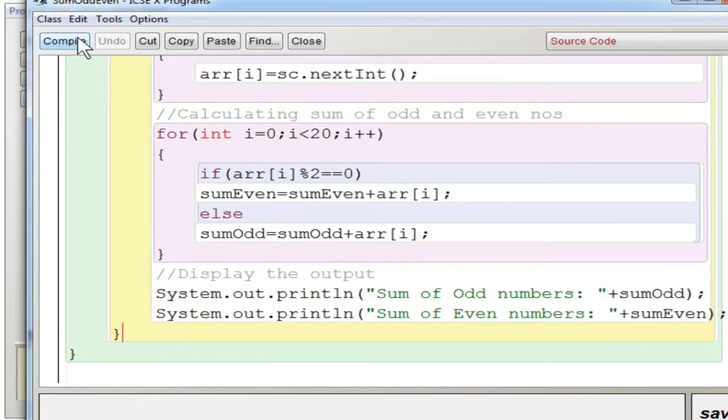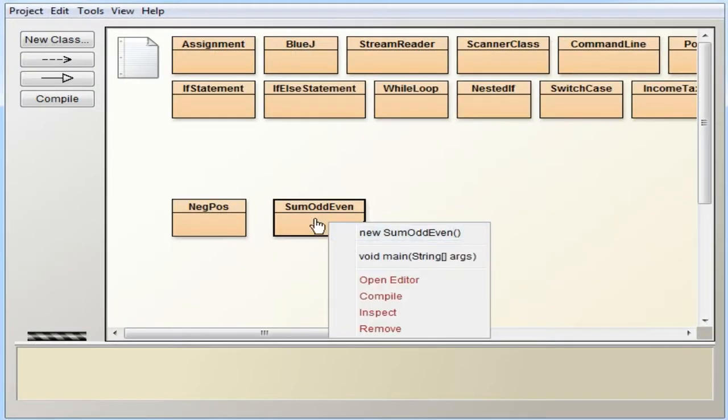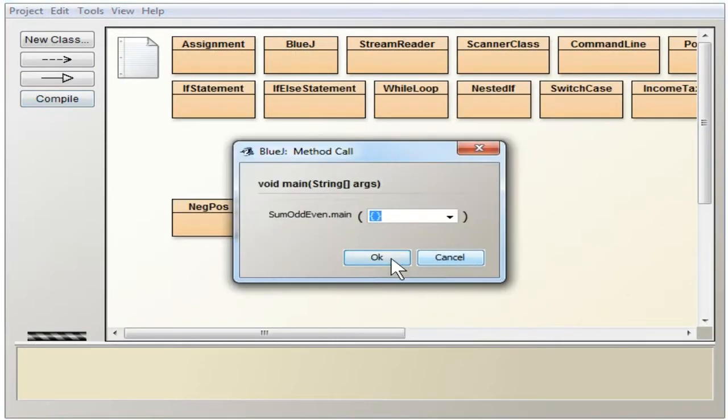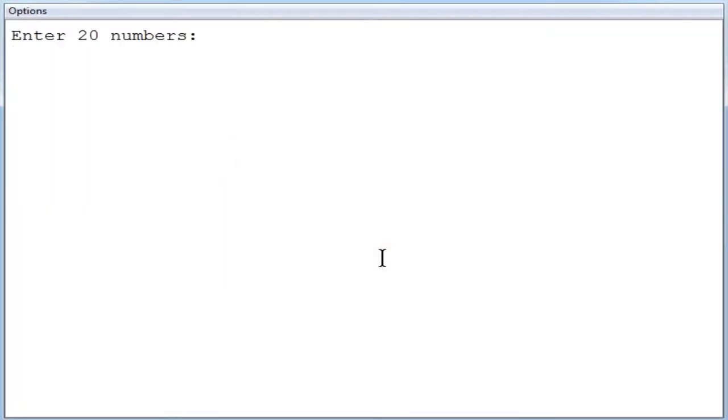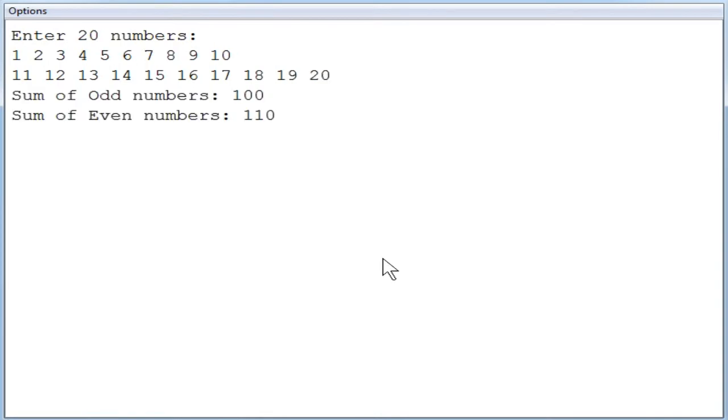Now you are going to compile this. No syntax errors. Close. Now execute the program. You need to input 20 numbers. I am typing continuous numbers: 1, 2, 3, 4, 5, 6, 7, 8, 9, 10. You can press enter and continue on the next line, no problem in that. Keep a count; if you can't keep count, you can always press enter and type. Since I am giving consecutive numbers, I can keep track of how many numbers have been entered. So 20 numbers have been entered.